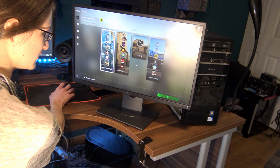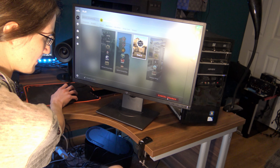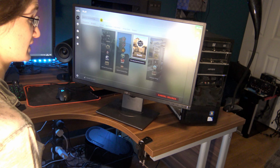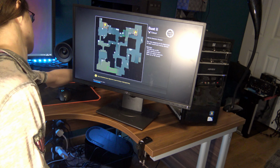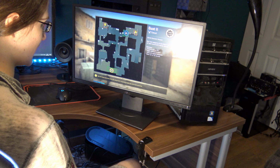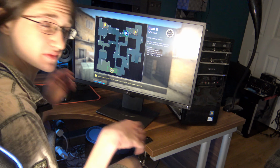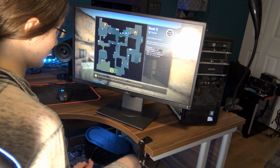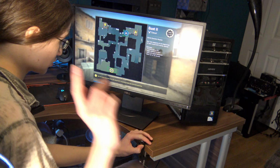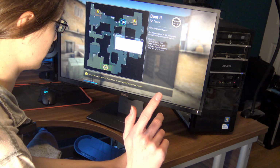Diffusal, Group Sigma, Diffusal, I don't know what any of this is. I know Dust 2, I think that's like a really good map everyone plays for this, so I'm going to click on that. Again, I have no idea what I'm doing. I've only played one game of CSGO, and that was made like, what, a year ago? Ooh, what happened? Oh, a girl messaged me. That doesn't happen often. I'm expecting the loading times to be at least decent. We are running off an SSD after all, so that hopefully shouldn't be too bad. We'll see. And also, internet connection isn't too bad either. We should be getting, like, the connection here is 300 megabits per...